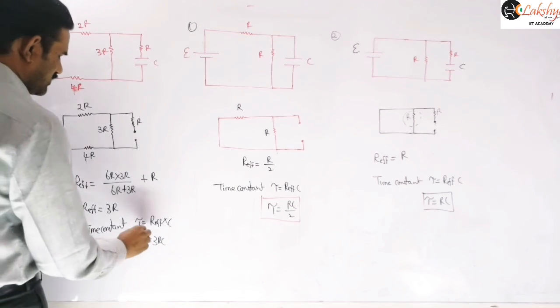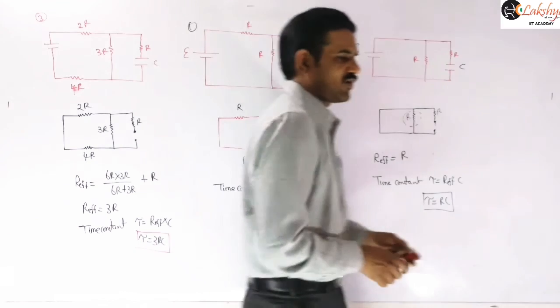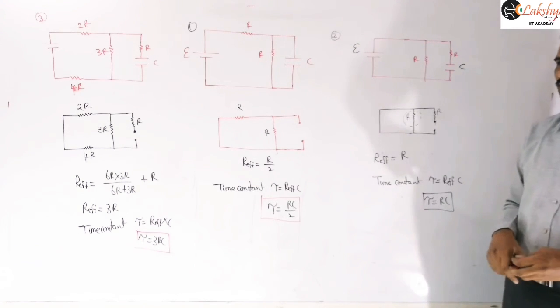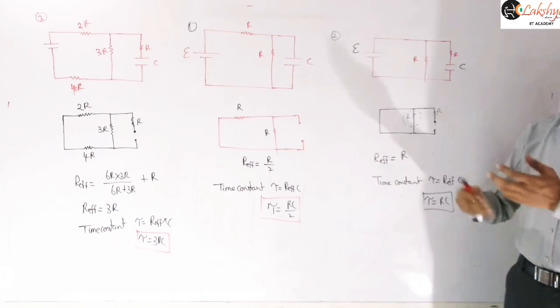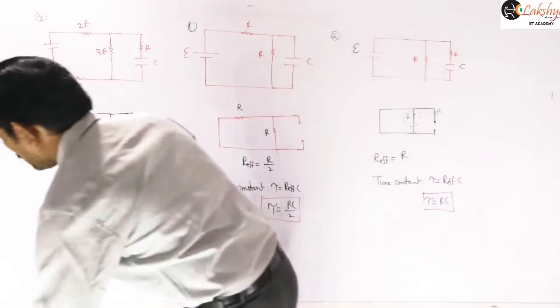So that is our expression here, the time constant of the circuit. So that is a way of finding the time constant here. I think you got some clarity about this, finding the time constants. So further we will get some more circuits, and in those circuits also you can use that time constant